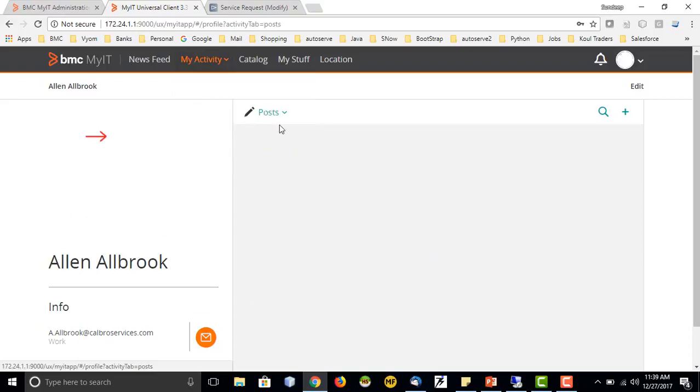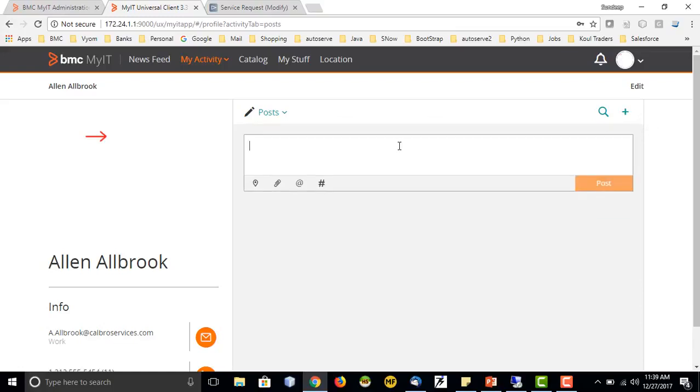Now if I click only on posts, currently I don't think there will be anything. Whatever posts people are posting on this request, and where I am part of that particular group or section, I will be able to see that. I can also add a post here. If I want to post something, let's say: SAP server in XX location not accessible.